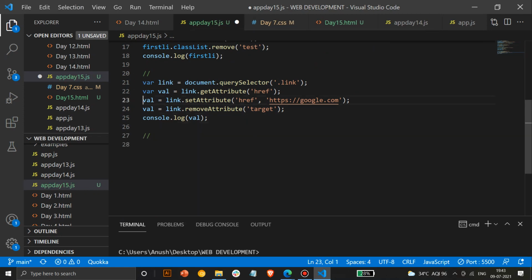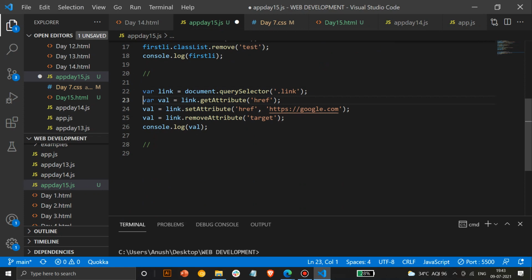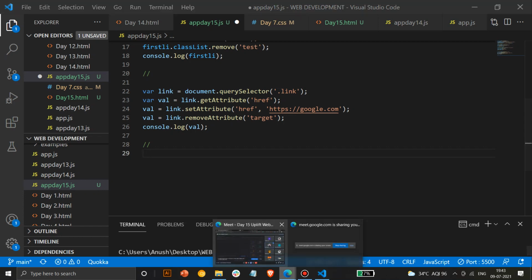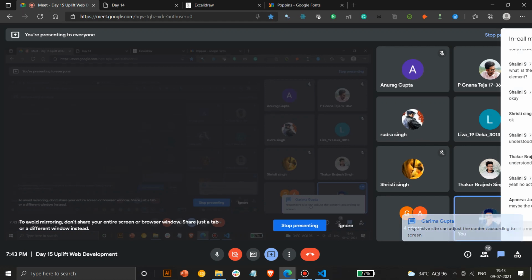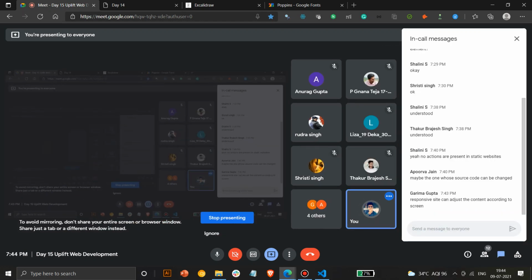Just say something. Responsive sites can adjust the content according to the screen. That's correct.